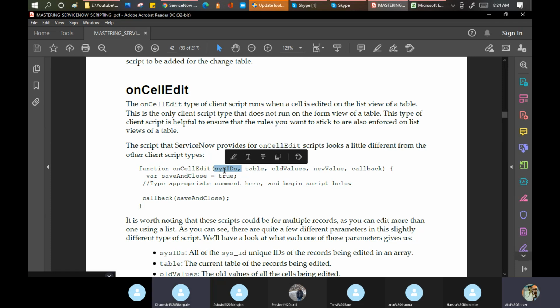Why are we using the sys id? In general, if I talk in ServiceNow terms, what is the purpose of the sys id? It is unique. Unique where? Sir, this is used to identify. Used to identify where? That is my question. From the database. On the database, okay, but how?